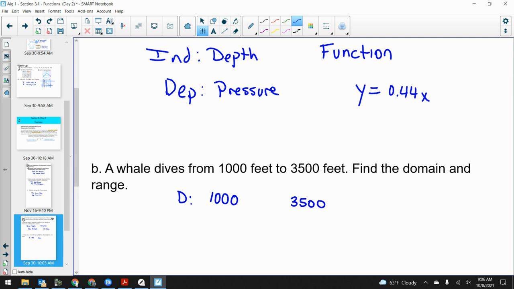I could dive to 1,000.5 feet, and then 1,010 feet, and 1,000.1 feet. I could have anything underneath there. So this is the way I have to write it. Now for my range,